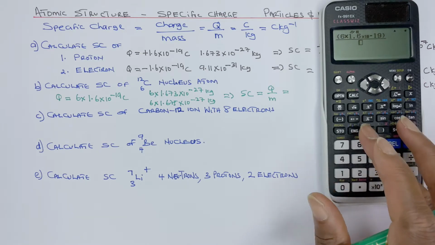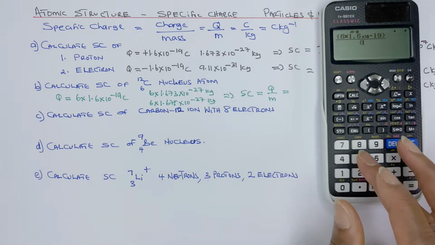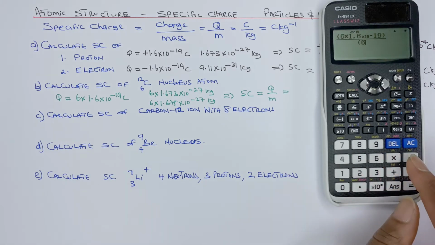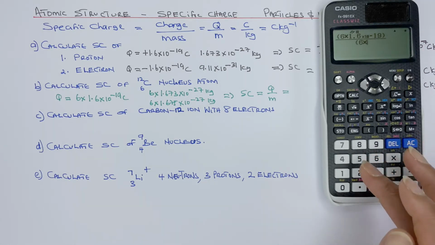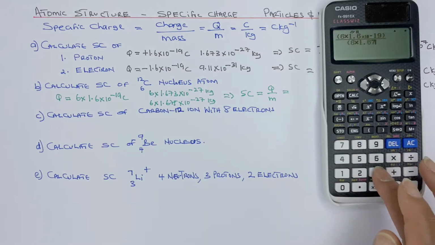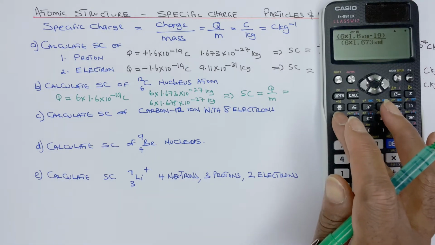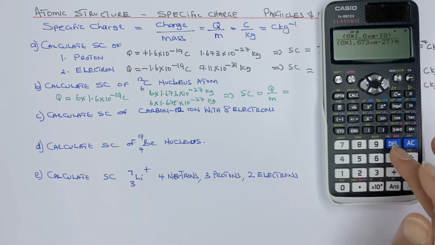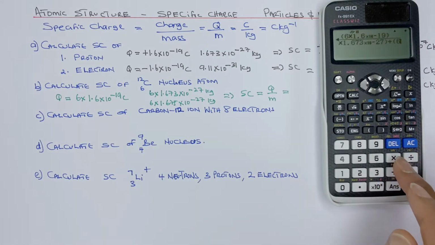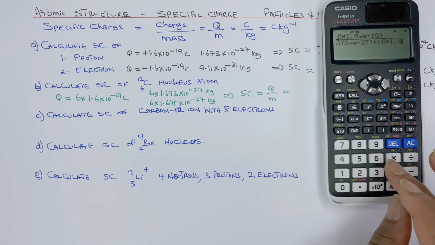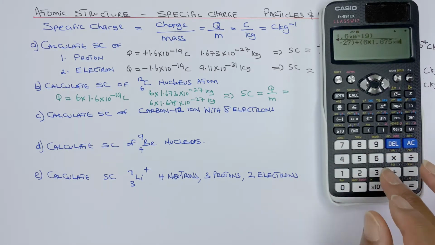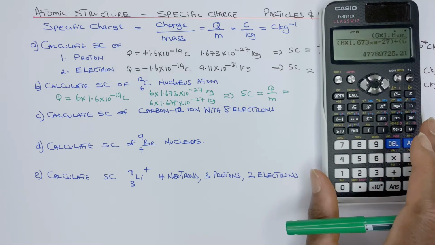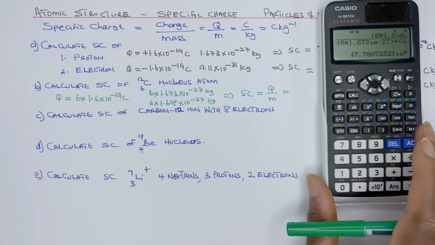Then open bracket, and for the protons, that'll be 6 times 1.673 times 10 to the power minus 27, close bracket, plus open bracket 6 times 1.675 times 10 to the power minus 27, close bracket. After closing the bracket altogether, we get